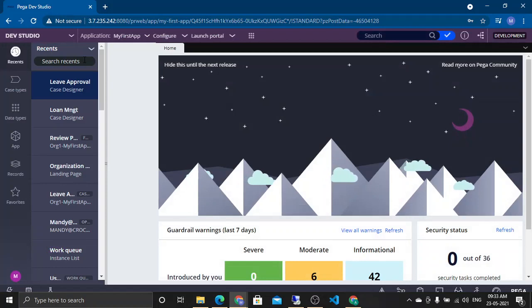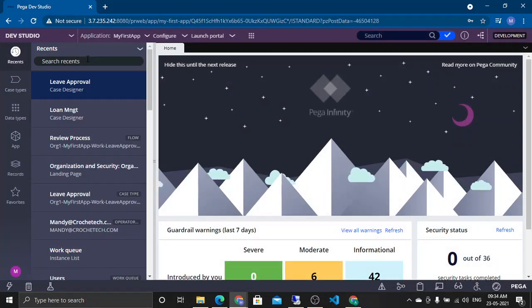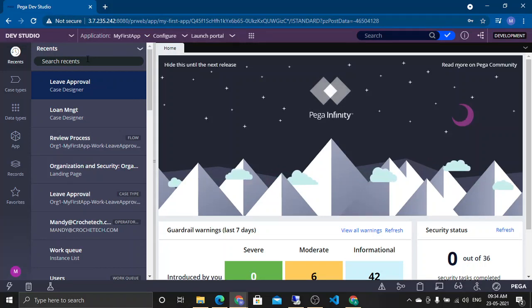Now, how will this weather case work? It will be triggered. You will call the service, you will get the data. If it is going to rain, then the manager will have to say yes, and the weather coordinator has to mandatorily confirm: I have set up the tent, I have arranged for umbrellas and all that, all those three checkboxes. If it is not going to rain, then he can still say arrange it, because I'm getting a hint that it might rain. Otherwise it is optional. If the manager says no, it is not required, then the facility coordinator will not get anything to set up a tent for, because it won't rain, right?